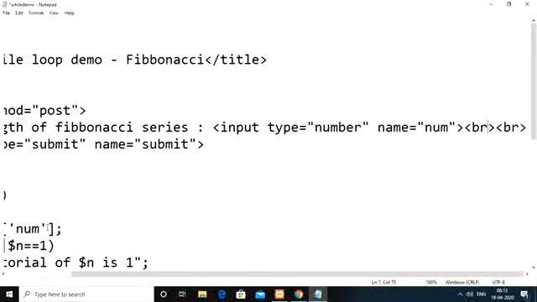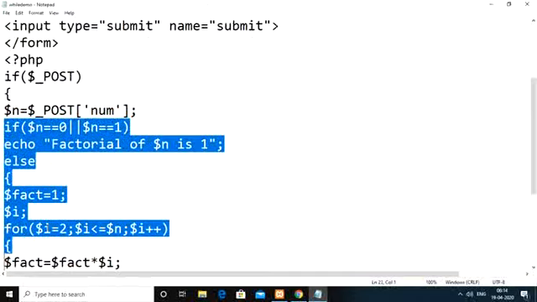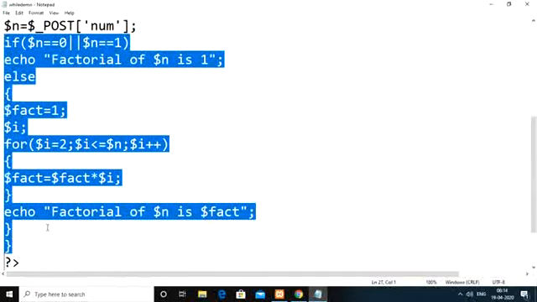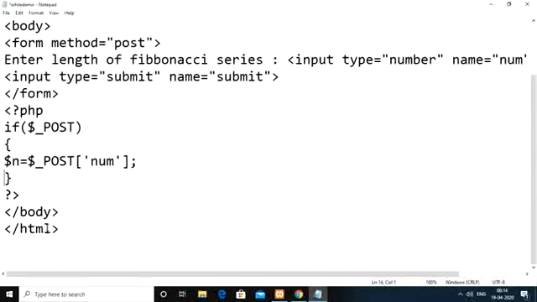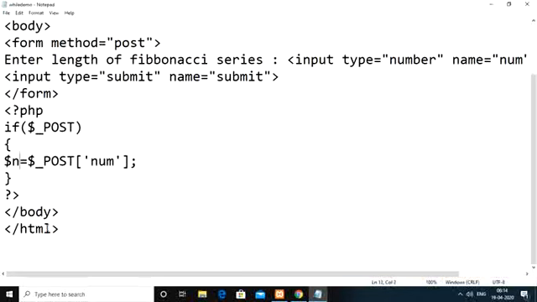That we take in a variable called num itself. Then we also need to have a submit button. Then we take this num variable value, whatever we provide through the text field, and store it within n.